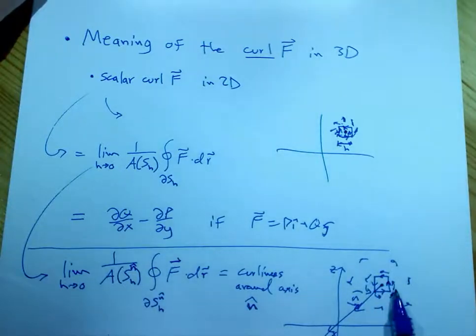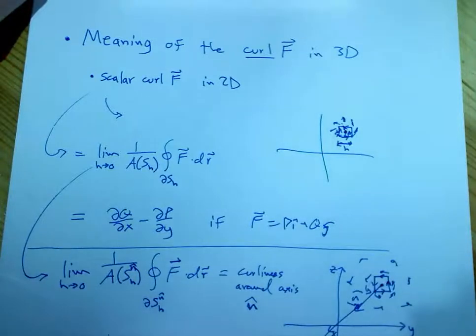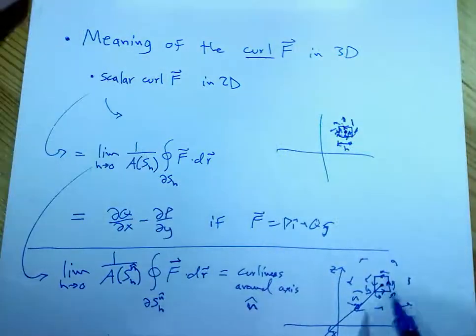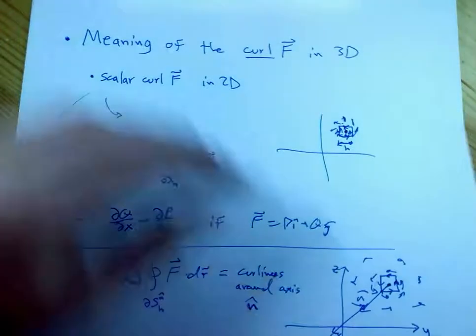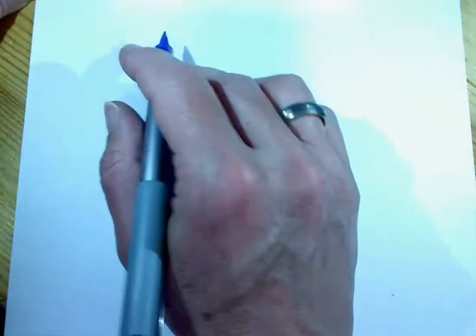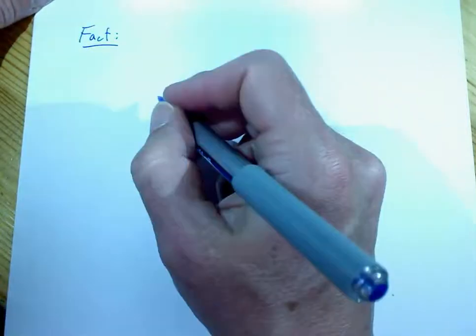If you take a square whose normal vector is exactly in the x direction out of the page, and one that's exactly along the y direction, and one that's exactly along the z direction, and just give me those 3 numbers, that's enough information to determine all of these guys. So that's the thing you're going to need to take on faith, because I don't think we're going to do that in detail. And so here's the big fact,